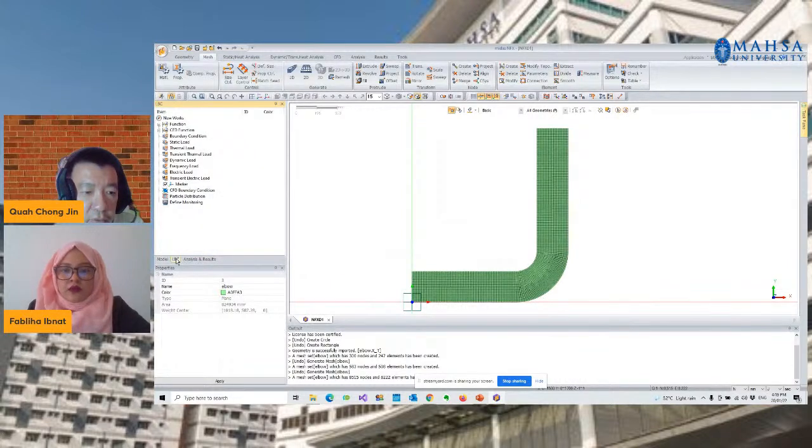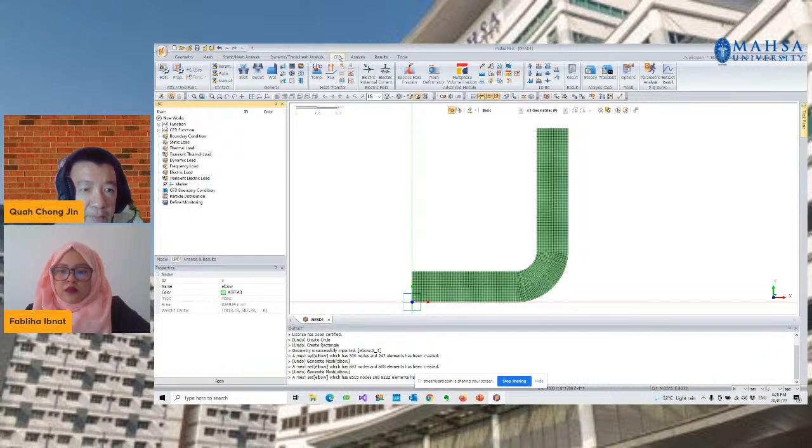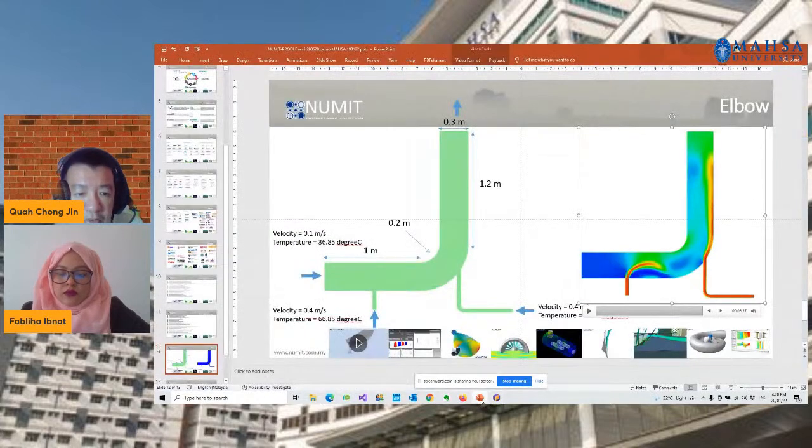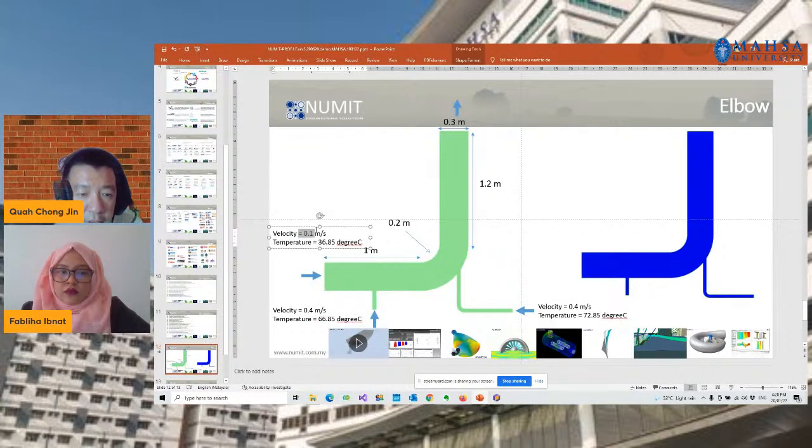So let's go to the boundary condition 3 bars, and let's go to CFD. Let's choose the inlet. I'll select the edge as an inlet. In this case, my velocity is in millimeter per second. I'll switch my unit to meter, because in my presentation I know that it is 0.1 meter per second.